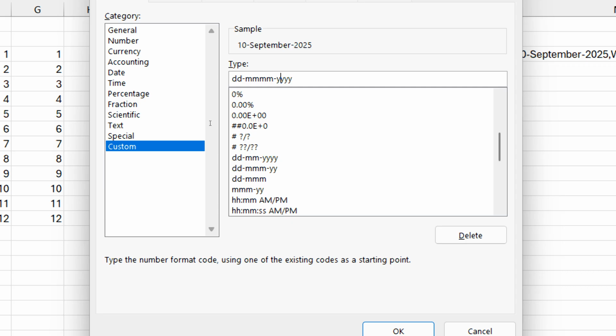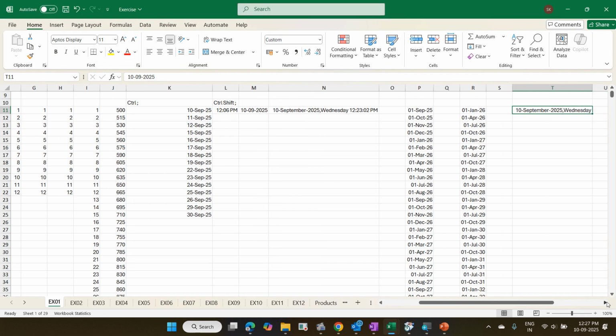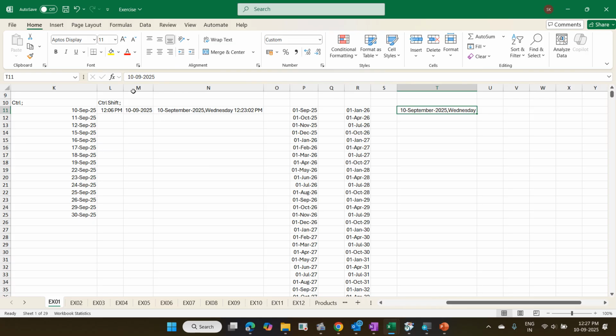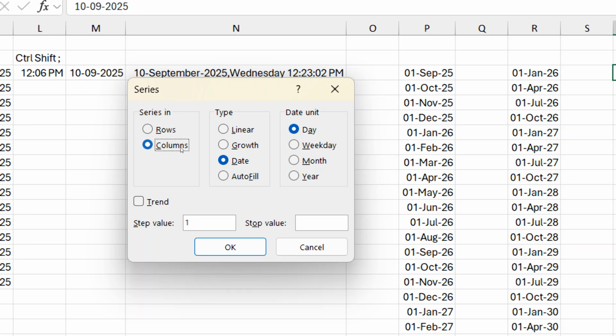Okay. Now, I want all the Wednesdays. Home, Fill, then Series. Columns. Two things we can do. Day and step value 7. That's the first one. One more you can also do: Weekday